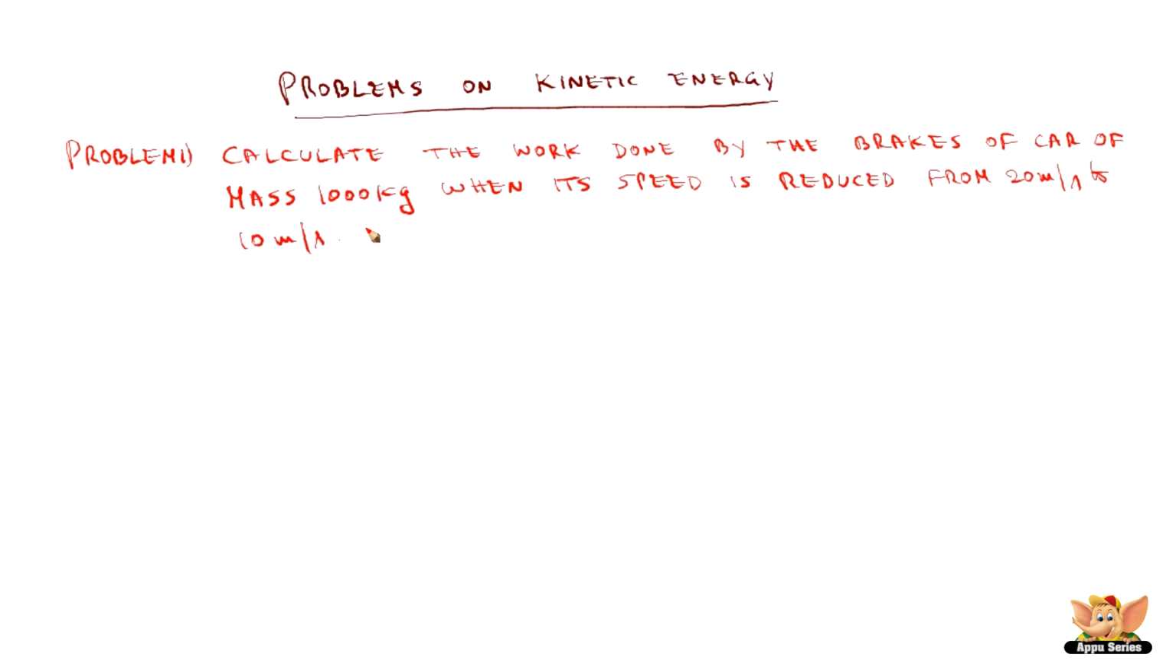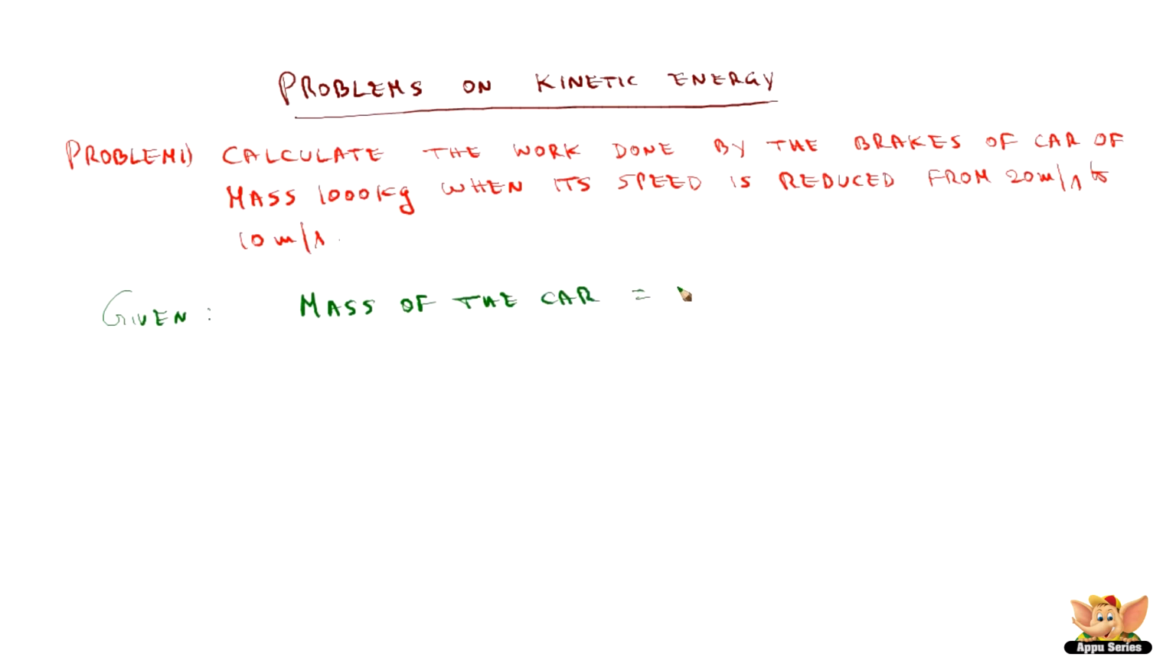So what's given is a car which has reduced its speed by applying the brakes. What was its kinetic energy when the speed was at 20, and what is its kinetic energy when the speed is at 10? The difference in kinetic energy gives the work done by the brakes. So we need to find the kinetic energy at different speeds. The given data is the mass of the car,